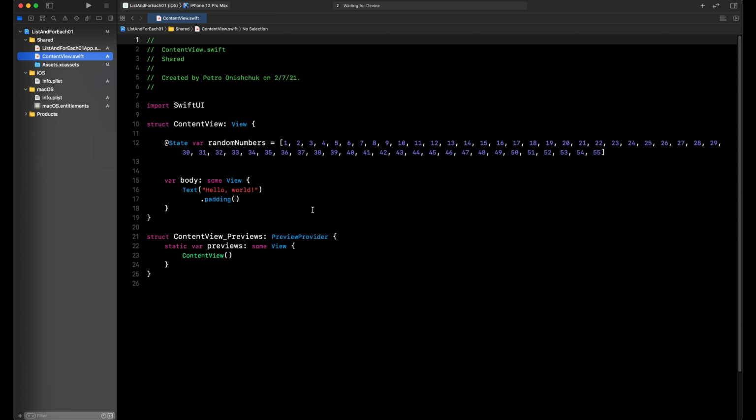And now I create a list. And you can see how our list looks in our screen area. To create a list, I take the random numbers array and a list container, and then I create a loop over all values inside our random numbers array and put each value from our random numbers array inside each text view which we placed inside each row in our list container. For example,